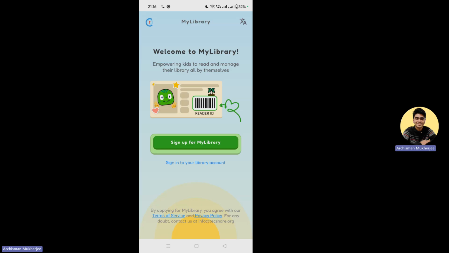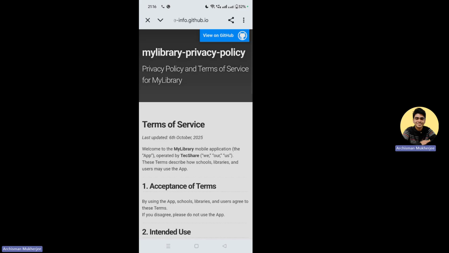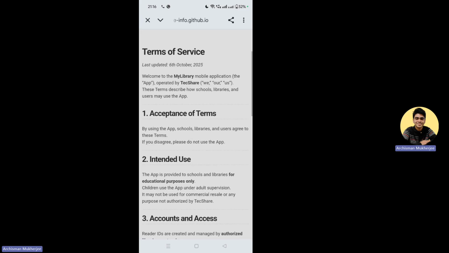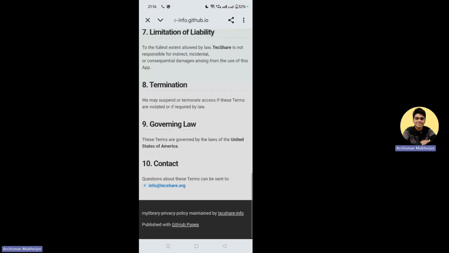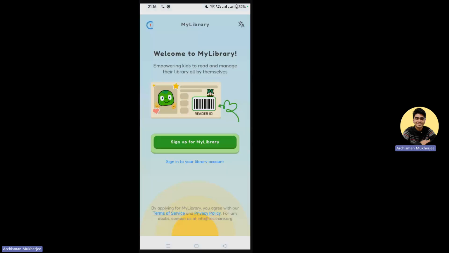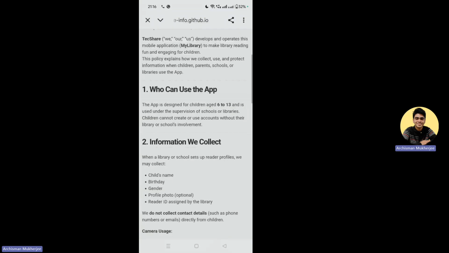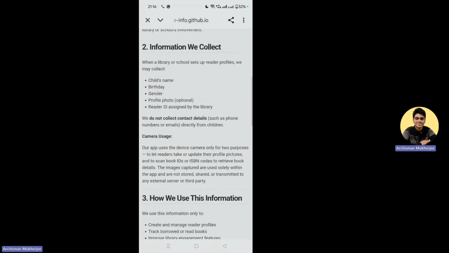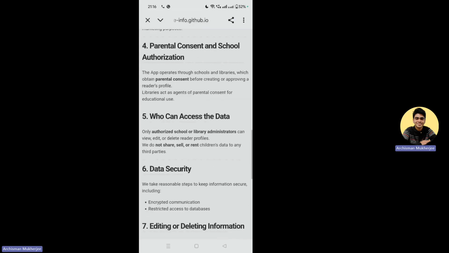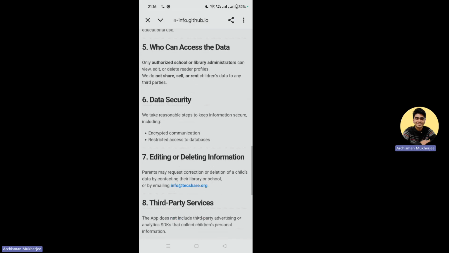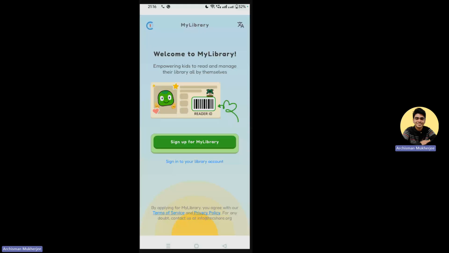and privacy policy over here. If a user clicks on this, they can easily read the terms of service that we have. And we also have the privacy policy where we describe what sort of data that we are collecting, how we are using the camera, and how we are accessing the data, how we are keeping the data safe. All of these things we have described over here in the terms of service and the